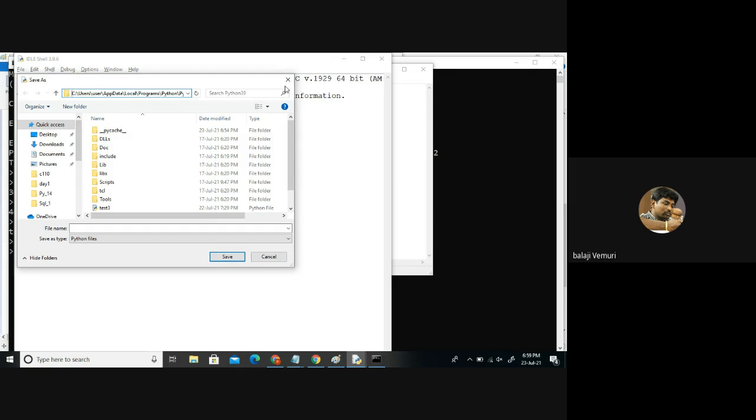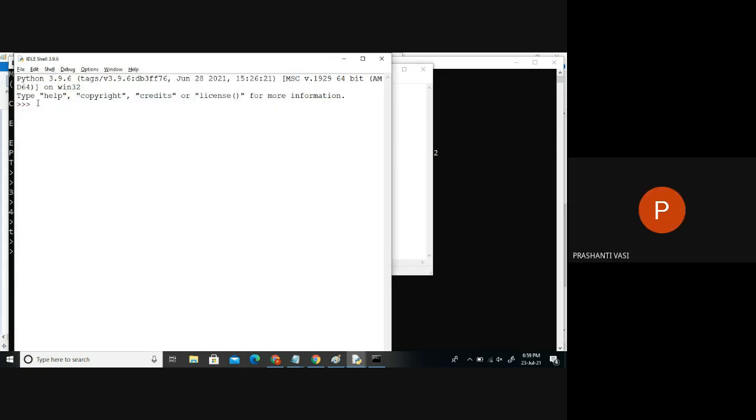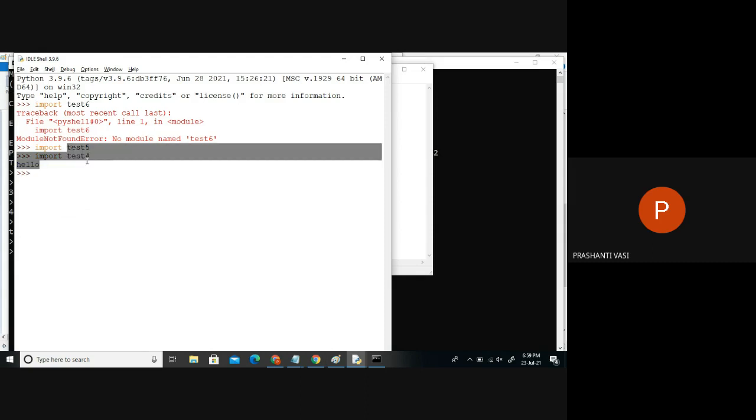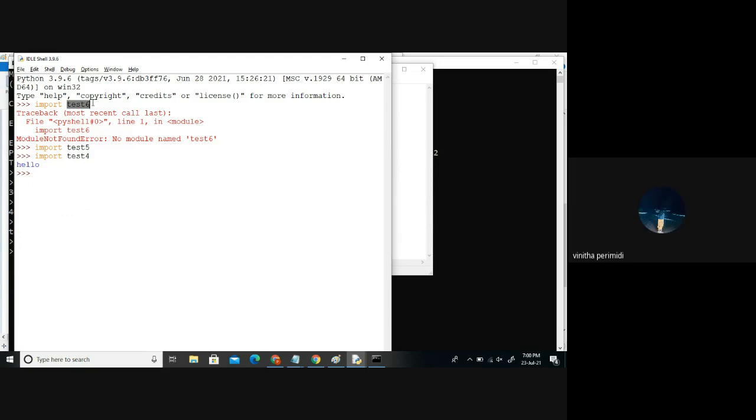E drive. So if I just say import test6 here, will it run? Will it run? Is it okay? These files we saved, in which folder? In the Python folder only. We saved them in the default location of the Python software. But what about test6? Was it saved in the Python folder or in the E drive? E drive. So I'm not currently in the E drive. The Python shell is not connected to the E drive. It is in the C drive.